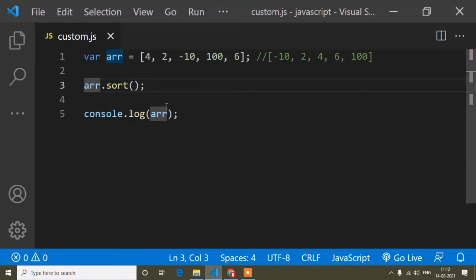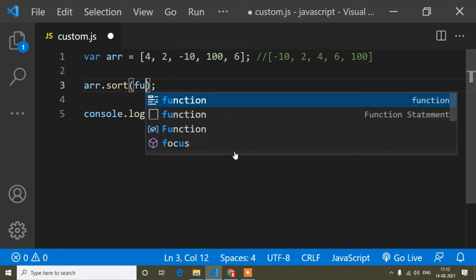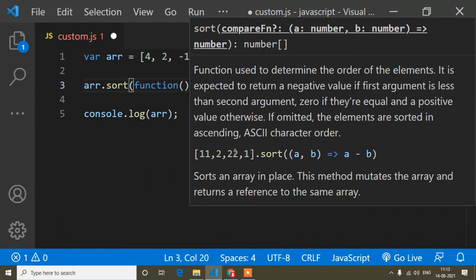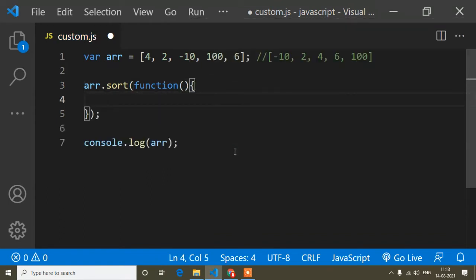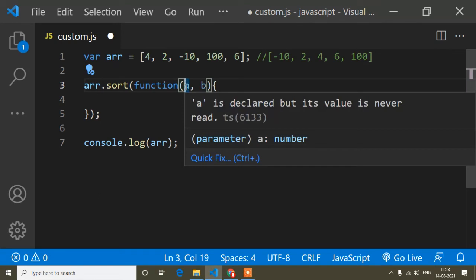Here is the compare function in JavaScript. This is also predefined in JavaScript, that's why we call it a compare function. In the sort method, I have to write the compare function. In the sort method's parentheses, I write the keyword function, and then parentheses, because we write parentheses for a function, and in these parentheses we pass two parameters. The parameters can be anything, you can even write your name, but we mostly write A and B. You can write anything as per your choice. The compare function always takes two parameters.